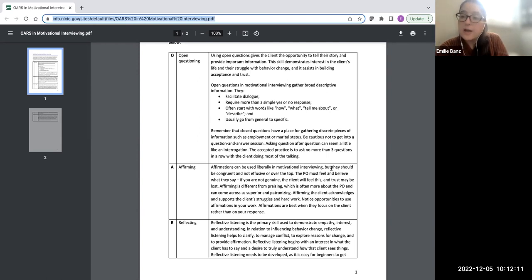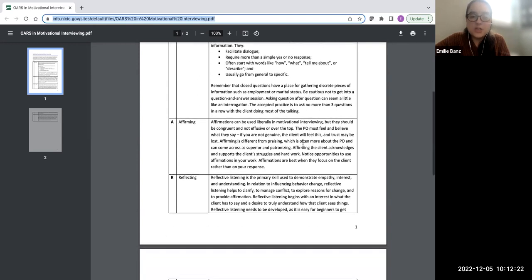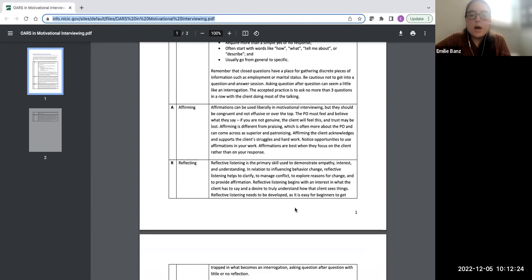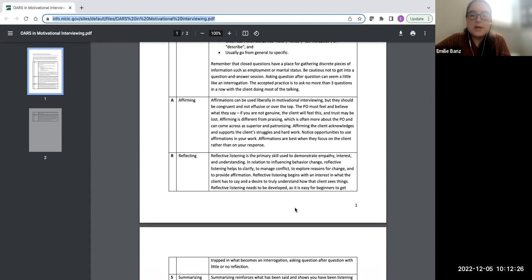Or can you describe this? Because those are kind of indicators to the person who you're asking the question to that you want some more information. When thinking of affirmations, you want to be specific. Okay, and I want to highlight here where it says affirming is different from praising,